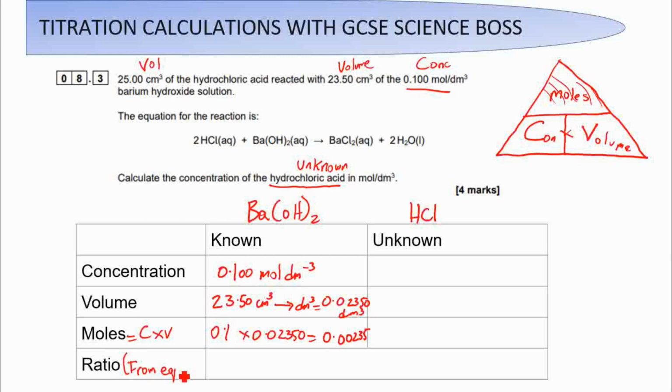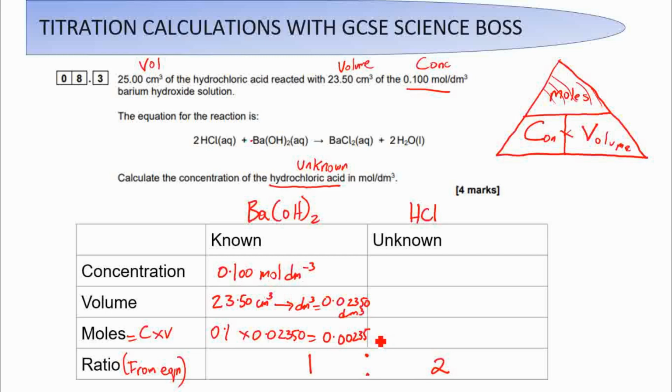Okay, from the balanced equation. All right, good. So the ratio is 1 to 2. So 1 mole of barium hydroxide, even though we're not seeing the 1, from the balanced equation, is a 1 to 2 ratio. So for every 1 mole of barium hydroxide, 2 moles of hydrochloric acid are required,